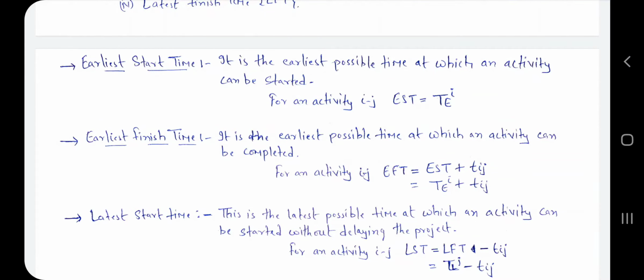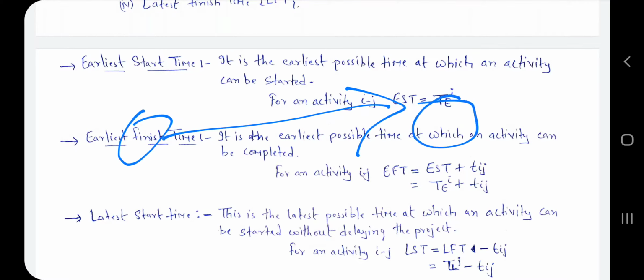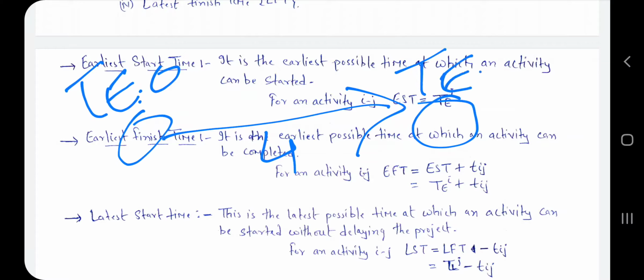Say here TE is equal to 0 and the expected time is 4. So here TE is equal to 4, you know that. If this is our last event, then TL is also equal to 4 if TS is not given. Now you have to find this TL value.